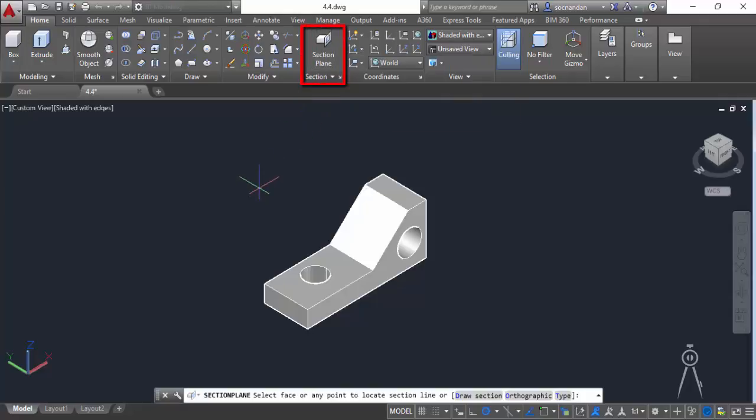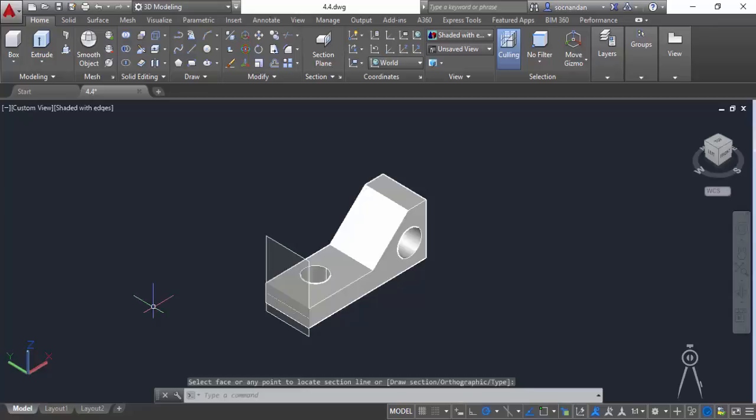Now select the plane on which you want to create your section. But before doing that, make sure that this object snap is turned off. Now once it is turned off, go to the plane on which you want to create your section plane. So let's say that I want to create it here, and once I click on that plane, the section plane